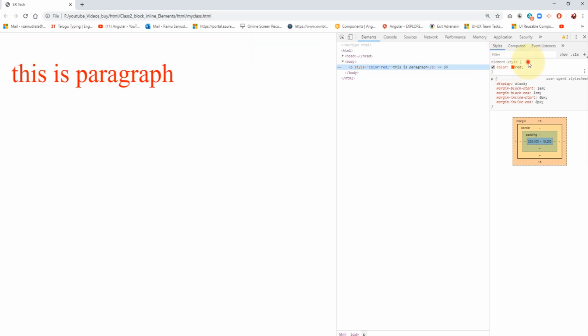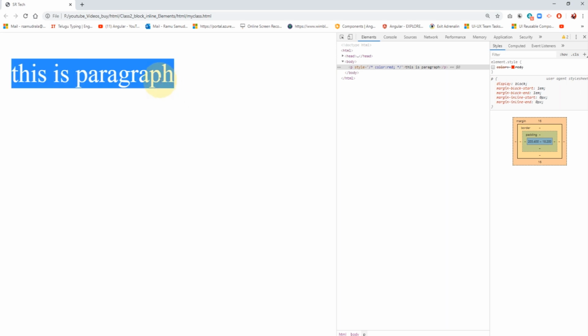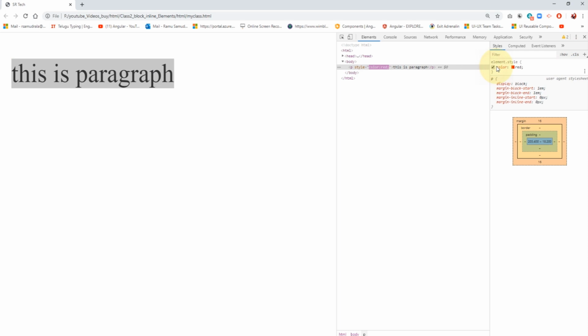If it comes like element dot style, then those styles are applied from the inline style attribute. If I uncheck it, the text color changes to the default color, which is black. If I check this checkbox, the color is red again, so it is applying from inline styles.